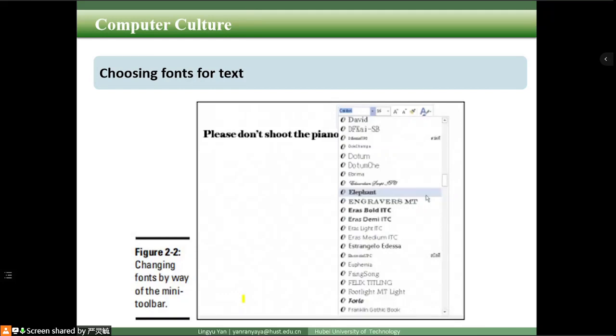Well, after that, we introduce the details of the look of text. Well, the first thing is font. A font is a collection of letters, numbers, and symbols in a particular typeface, including all italic and boldface variations of the letters, numbers, and symbols. Fonts have beautiful names, and some of them are many centuries old. Most computers come with these fonts: Arial, Times New Roman,